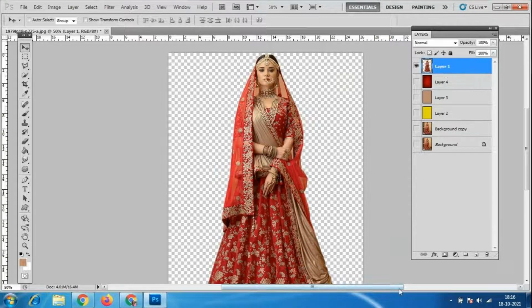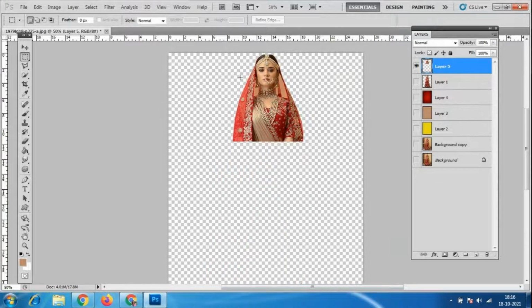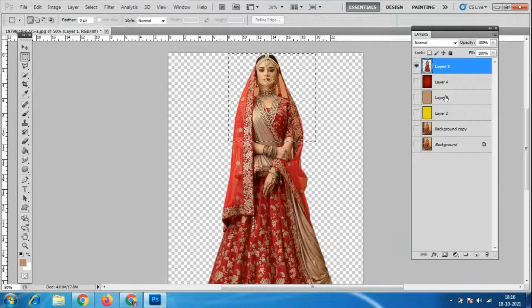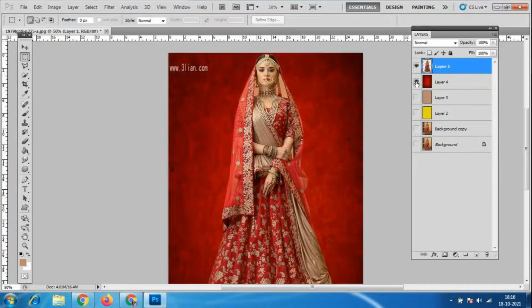Control J, I'm using Control J. Last session I already showed you all these tools with the notepad. If I select only this portion, I can keep it like this. Control J, only this portion which is selected. Control Z, if you made any mistake, you can do Control Z for this. Any background, sparkle background, any kind of background you can add for this.